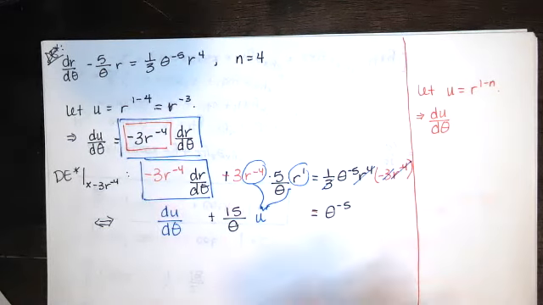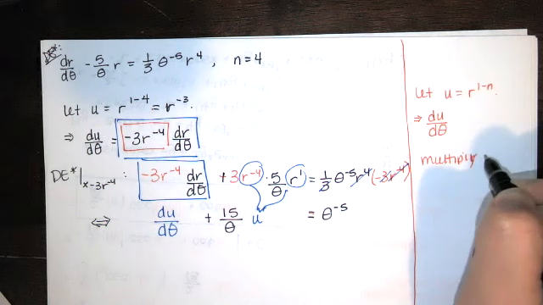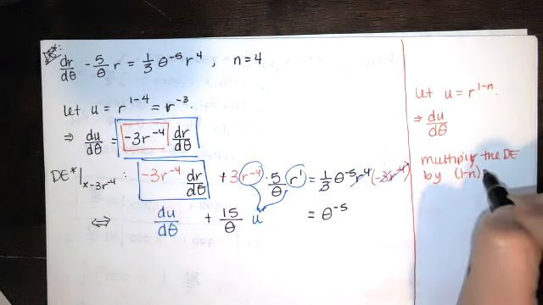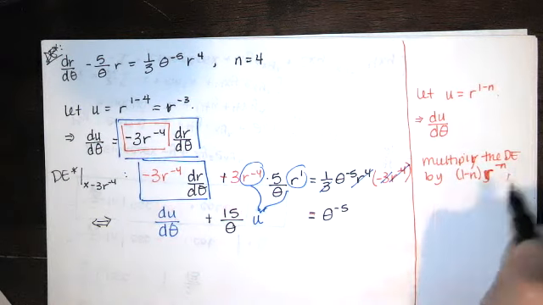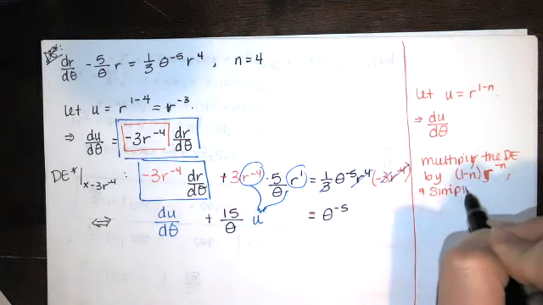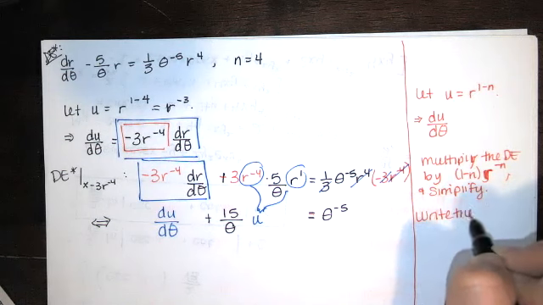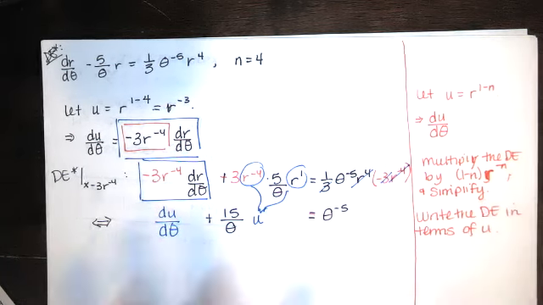So we let u equal that, we compute du d theta, and then we multiply the differential equation by this 1 minus n r, well, I wrote y, but r to the negative n. And then we simplify. And when I say simplify, what I mean is I'm writing the differential equation in terms of u. When we do that, this differential equation will always be first order linear in terms of the new variable u,